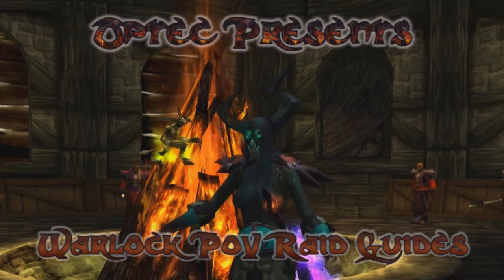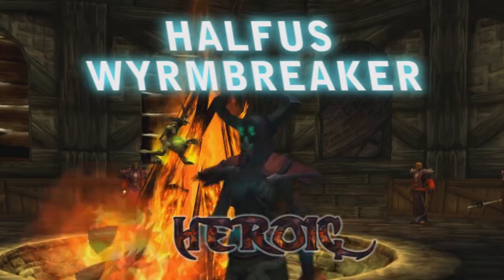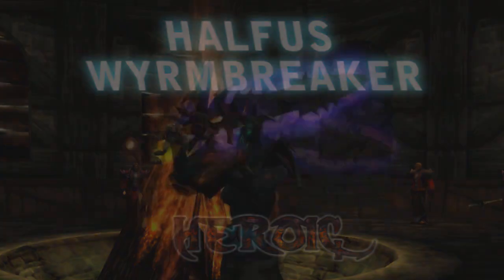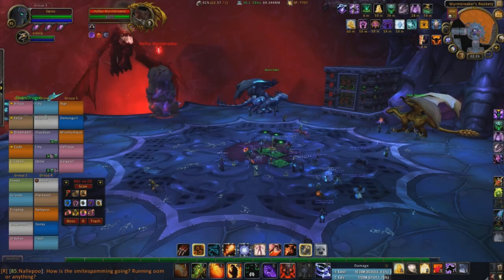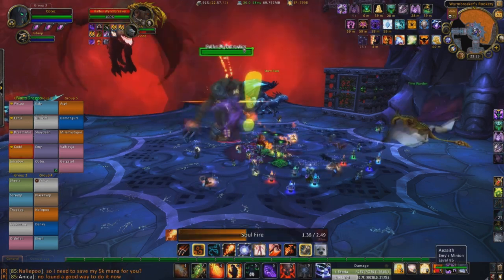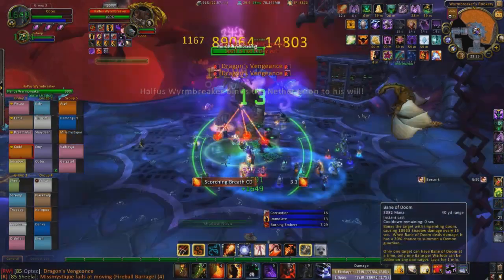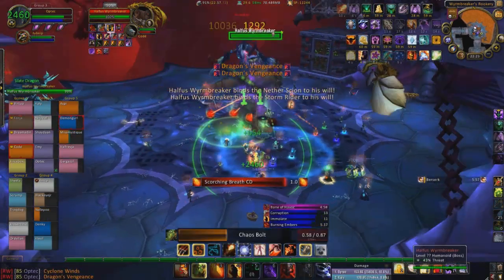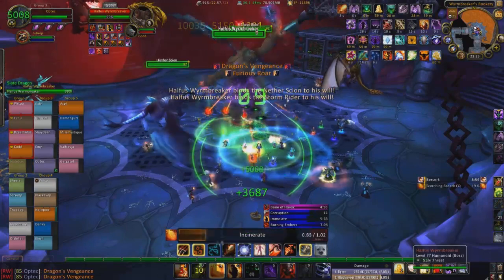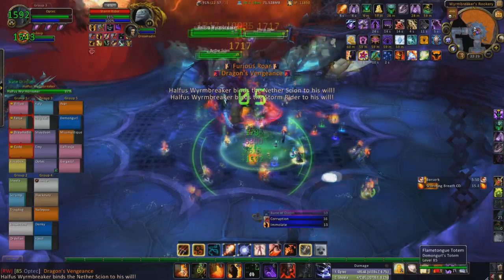In this guide I'm going to cover the encounter Halfus Wyrmbreaker Heroic. Now, if you've seen the fight on normal mode, you know that you can have several drakes that can spawn. On Heroic all drakes appear. So we used 4 tanks and off tank 3 drakes with someone tanking Halfus, and we opened the whelp cage as well, leaving one still